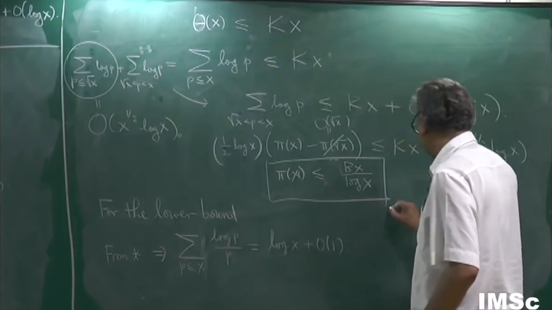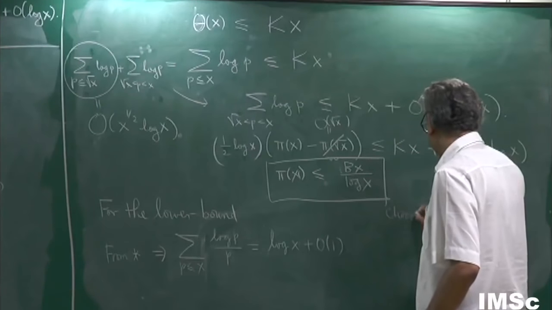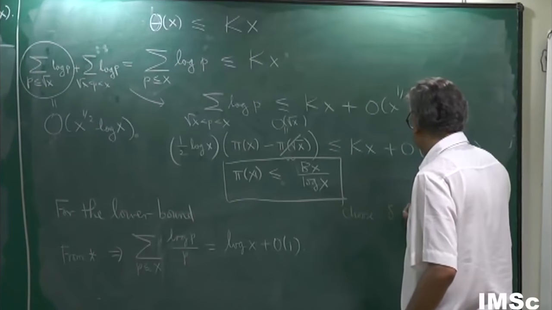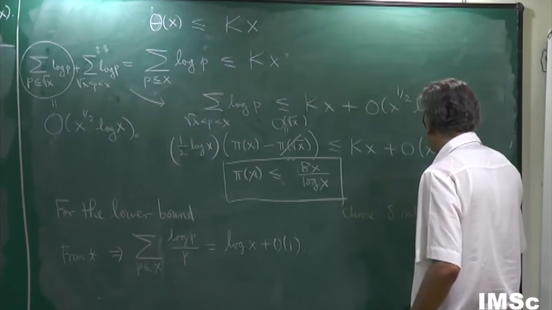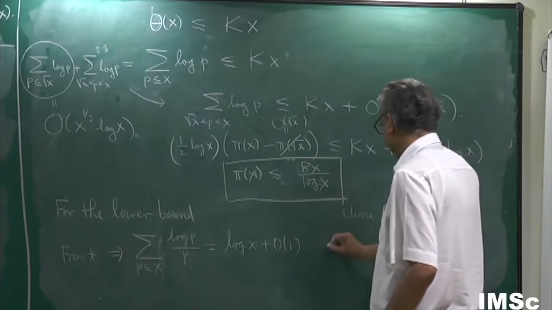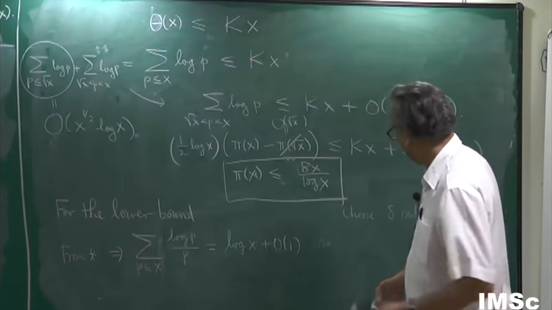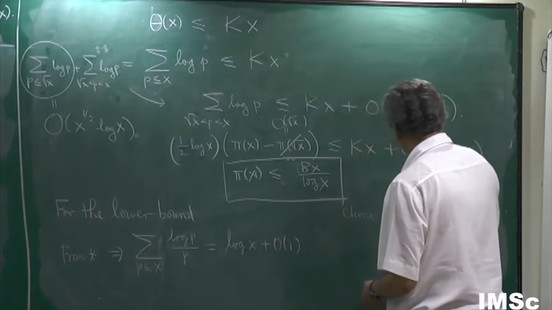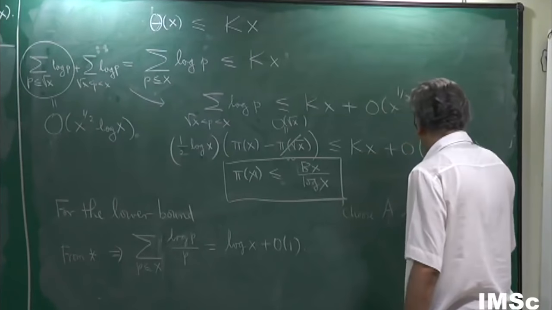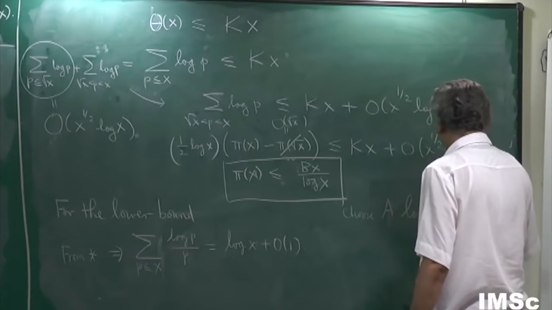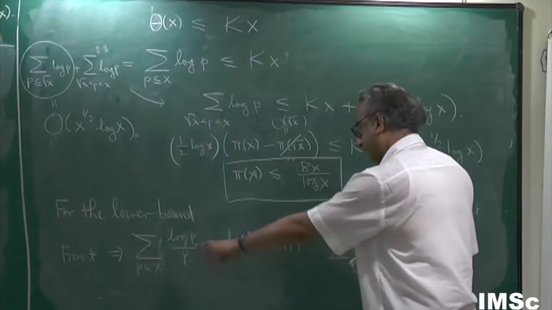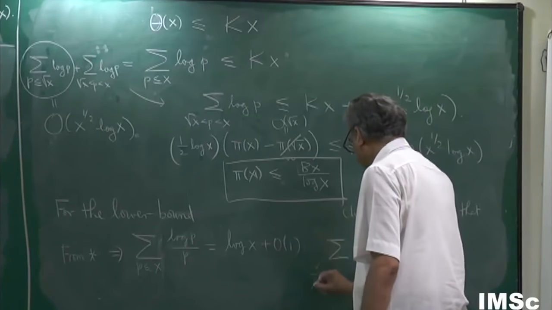So if I choose some delta sufficiently small so that, or if you like, actually, this is the way you do it. Choose A sufficiently large. Choose A large so that if I take x over A,